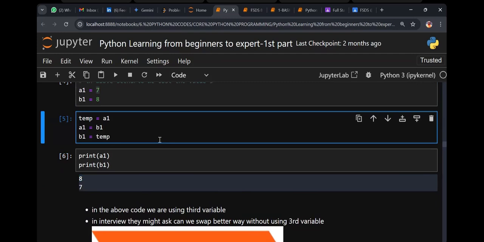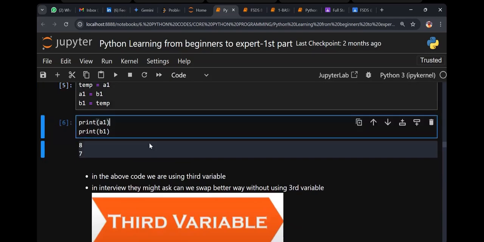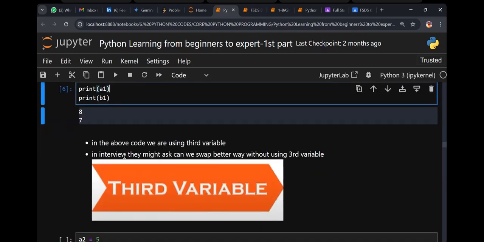By using a third variable. But the interviewer says, hey, I don't need a third variable. The interviewer says, can you solve this problem without using any third variable? In the above code, we are using a third variable, and they might ask that.